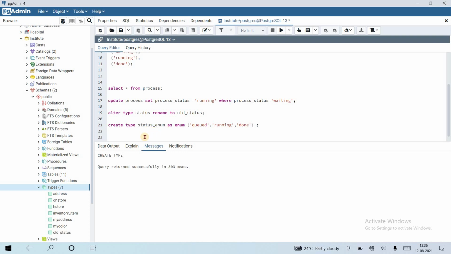Now we want to change the data type of this column.